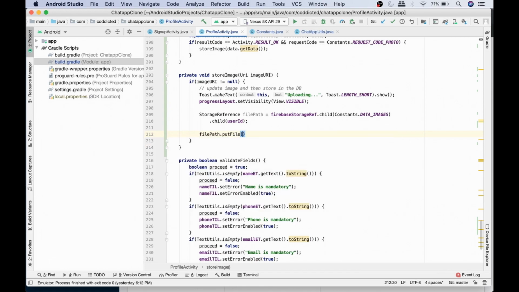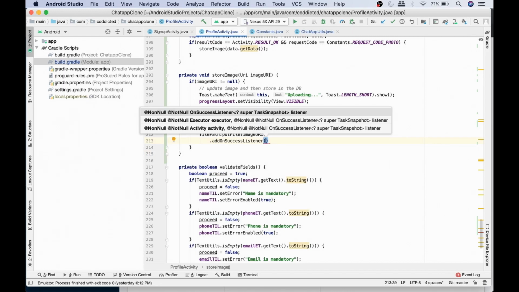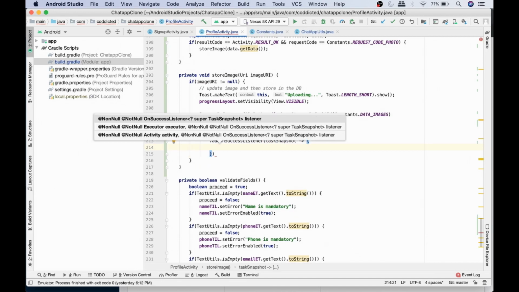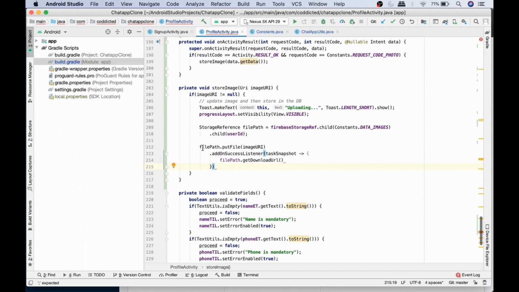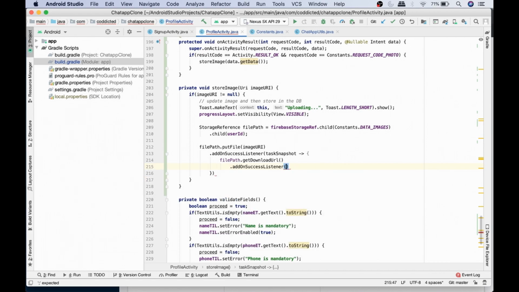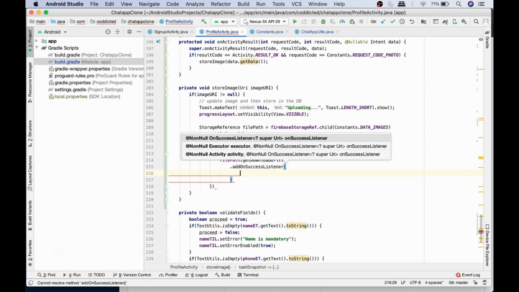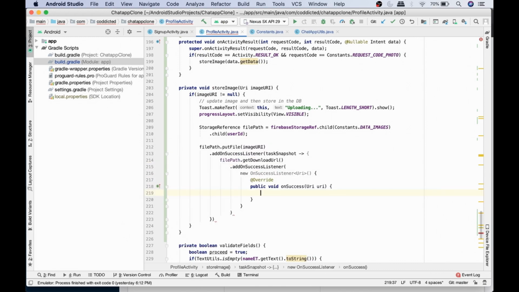filePath.putFile with imageUri.addOnSuccessListener. So we have taskSnapshot where we have filePath.getDownloadUrl. So basically here we are uploading the file to the Firebase storage and then getting the download URL for that file, and if we have received the download URL successfully, then new OnSuccessListener of Uri, what we do is